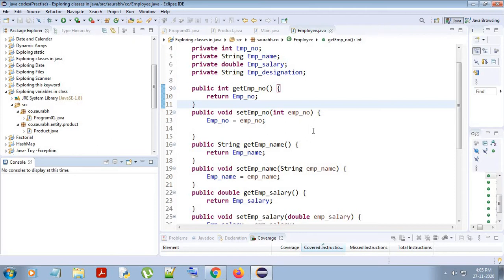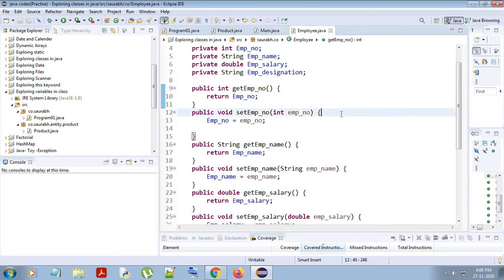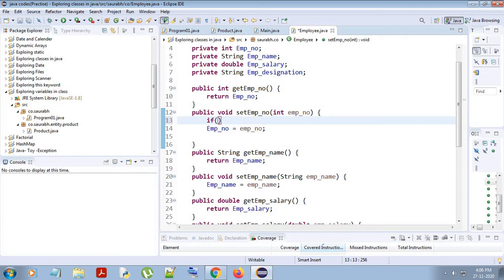I haven't discussed exceptions yet, but please bear with me. I will teach you everything, but I will throw some exception, such as a runtime exception. Now let's demonstrate it here. Let's say I have an employee number which is greater than 100, or an employee number which is less than 1, then I won't do anything